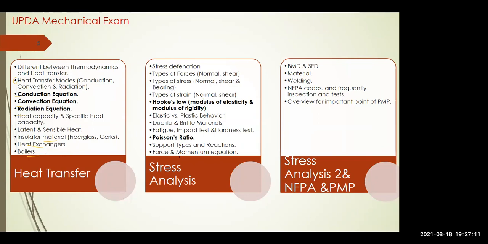Then going to the topic of stress analysis, which is related mainly to the production part. Here we study the stress definition, and the types of forces, and according to the type of force, we study the type of stress, and according to the type of stress, we study the type of strain. Hooke's law, which is the relation between stress and strain. We study modulus of elasticity and modulus of rigidity. The difference between elastic and plastic behavior, between ductile and brittle material. We study also some tests like impact test and hardness test, and some information on fatigue, the meaning of fatigue, Poisson's